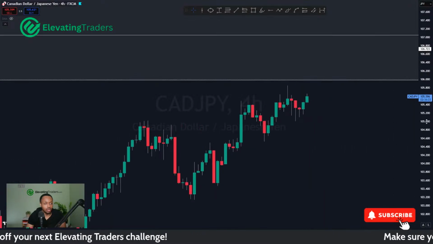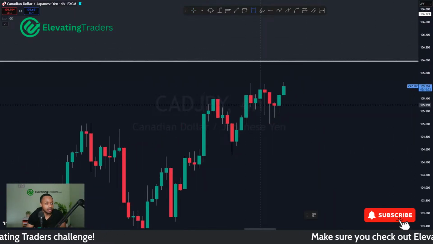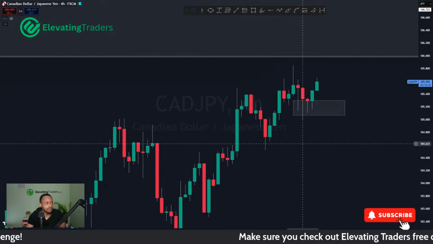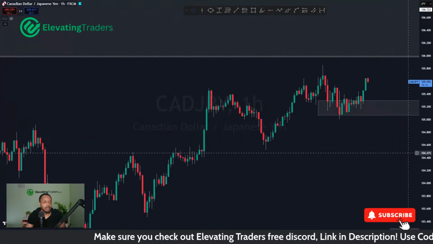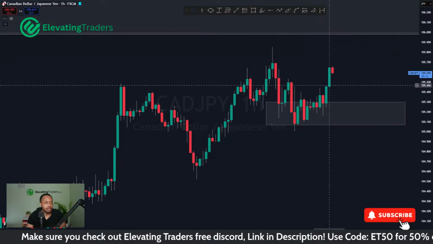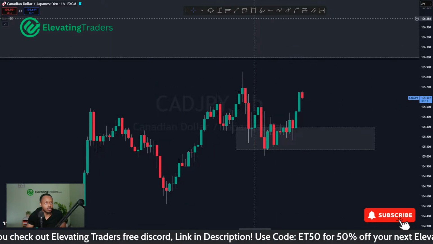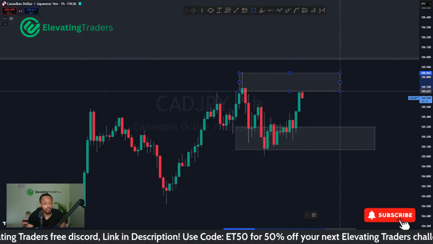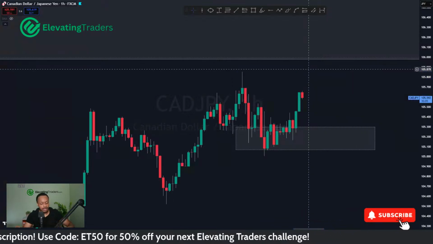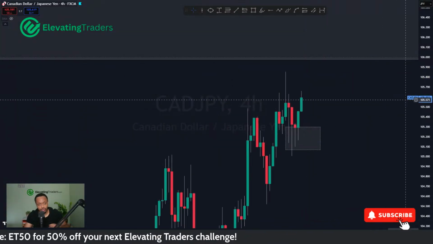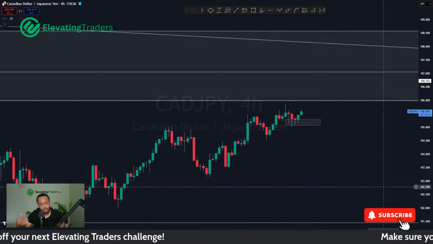It's looking like we formed a lot of wicks here, and it is holding support very, very well. I like that prior 4-hour candle closure on the last candle, and it looks like the hourly momentum is picking up. Of course, we do have some resistance to look out for, but I do think 106 is likely to be hit anyway. So yeah, I do agree with that. I think the yen basket is looking pretty bearish as well.